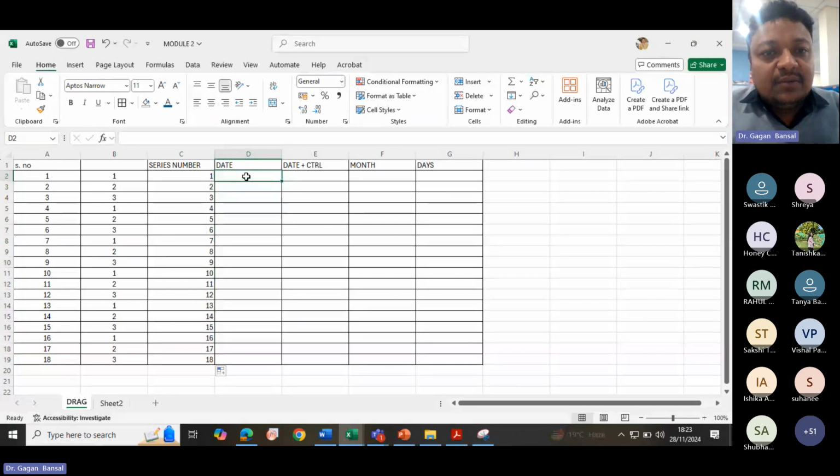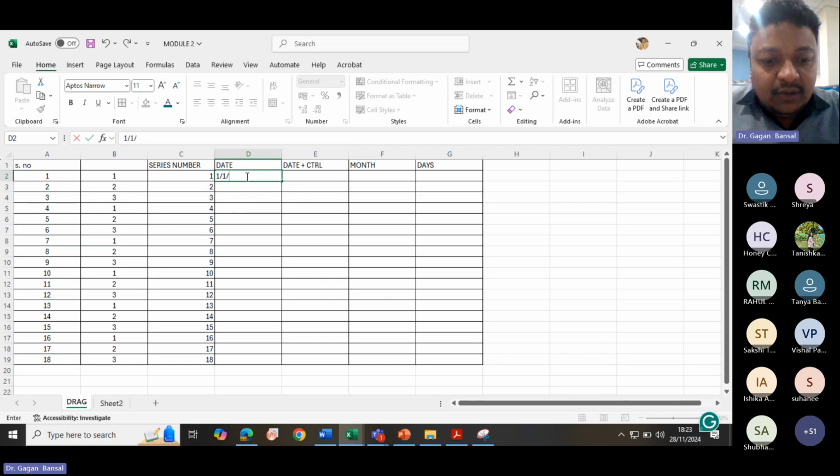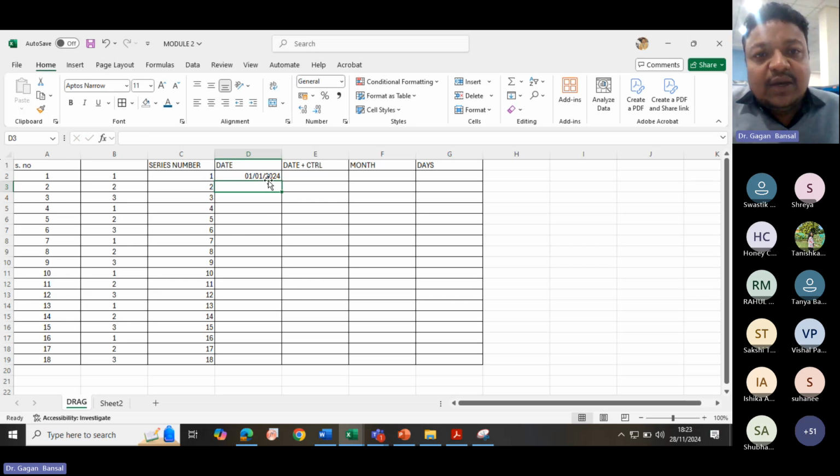Now, suppose we come to the date portion. Suppose we want a date to be entered. Very important. Suppose I'm writing 1/1/24. As soon as I press enter, it understands that this is a format for entering the date as day, month, and year. So by default, it will take it as 01/01/2024, where the first 01 stands for the first day, the other stands for January, and